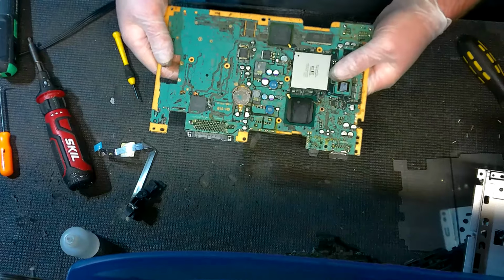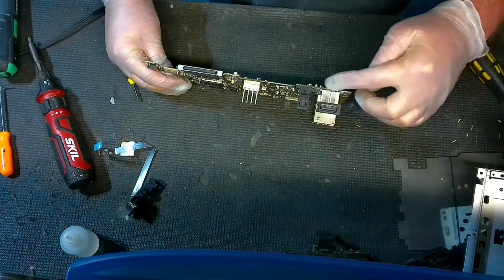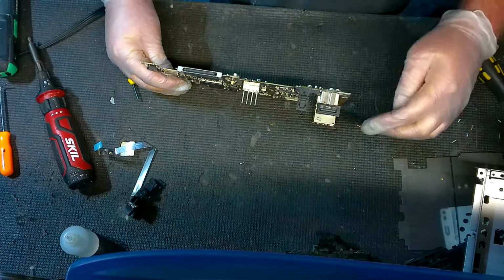For this particular one, it's clear that that's going to be my issue. And as you can see, it's also right near the audio port. So I can guarantee you I've got trace damage from all the droppings. All that stuff is very corrosive. If you don't have that problem,